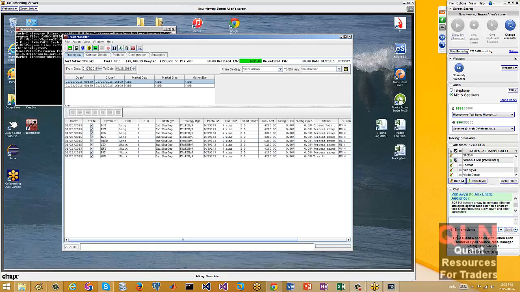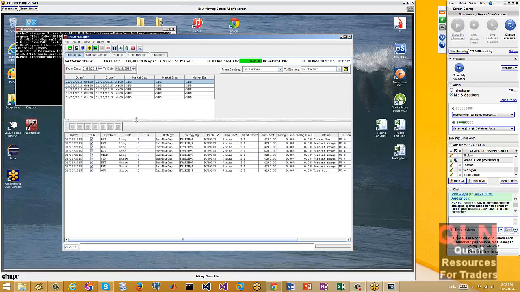So I didn't go back far enough because there's a weekend, of course. I haven't come to things on a Monday. Okay, so here's all last week's gappers. And at the moment, they're all trading this one strategy. Now, if you look up here, you've got these 2 fields, and they're both set to the same. But what you can do